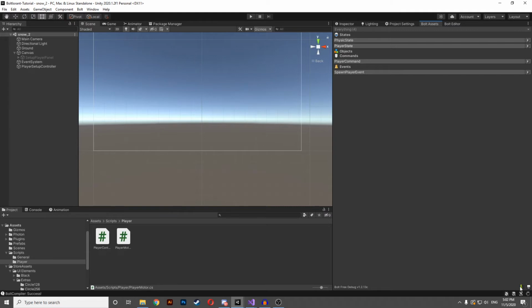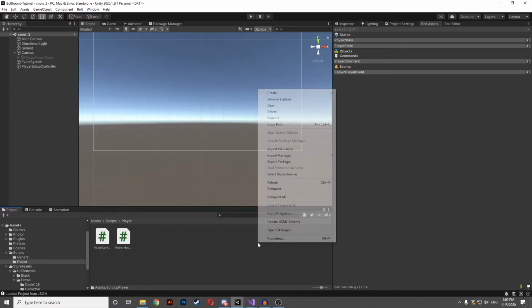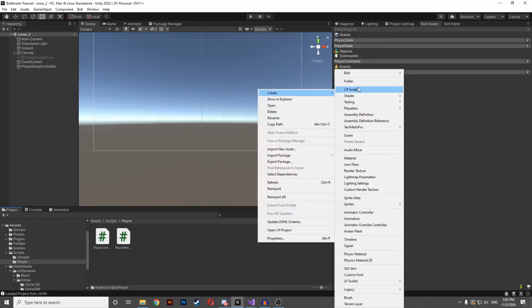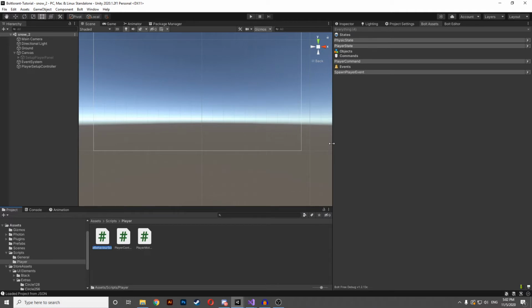But now that we have this thing, we need a script that will manage this. But we can't manage it in the player motor, because player motor interact only with other components. It's not a networking tool like maybe player controller. Player controller have some networking tools in it. So in order to receive it correctly, we're gonna create a new script that we will name